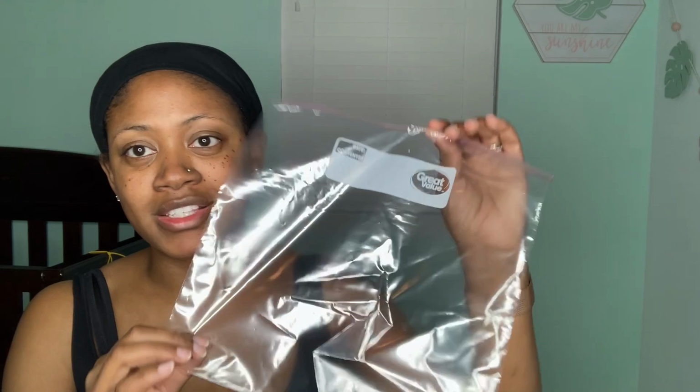All right, so I also have Ziploc bags. I've had bad experiences with bags leaking on me. That's why I don't use Medela bags anymore. I like the Target brand better. I haven't had a bad experience yet. So I'm gonna probably double bag my bags while they're not frozen. When they're frozen, I'm not too worried about it, but for sure. And then also Ziploc bags, like I said,